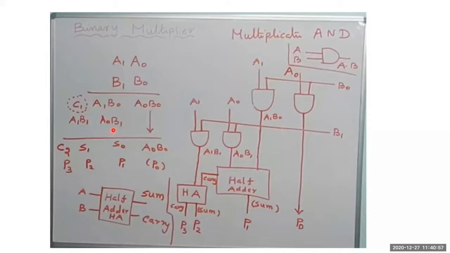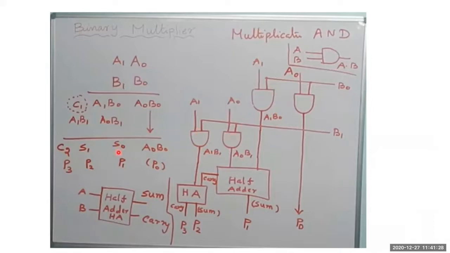Then again, for the second case, you are getting an output. The output A0 and B1 is obtained depending upon the AND operation. What is the AND operation? This AND gate has A0 and the input B1, so it produces an output of A0 and B1. Similarly, for this one, it produces an output of A1 on the inputs A1 and B1, that is A1 dot B1. And now we have completed up to here with the AND gates. We have completed the partial products.